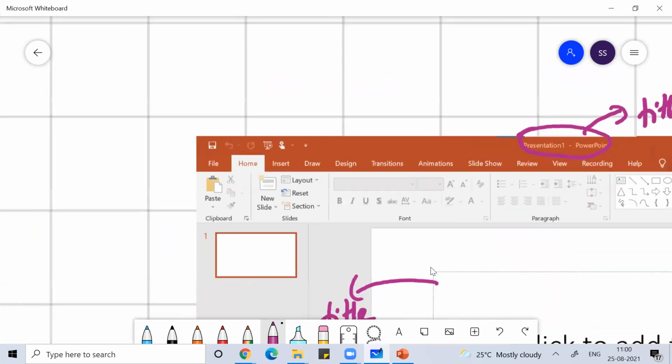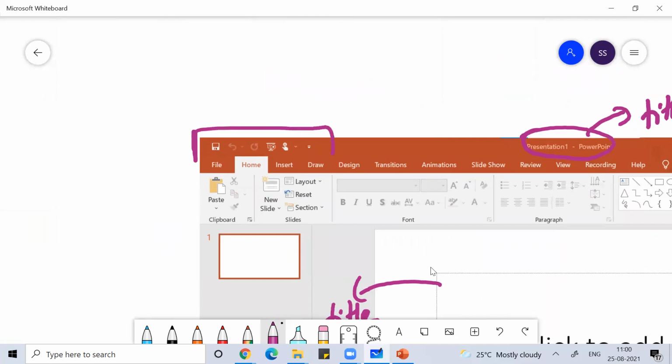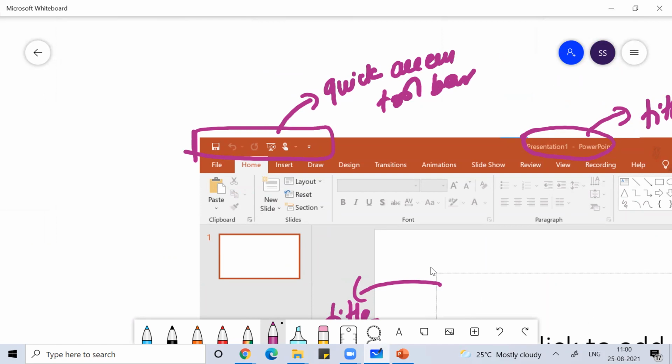Then this is called the quick access toolbar. I taught you the same thing in Word and Excel also. The quick access toolbar includes all the ribbons and functions which you need very frequently to work on PowerPoint.